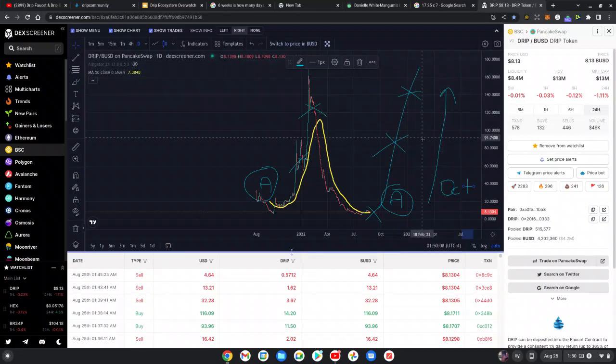He hasn't maxed out his account. I think the only people that are really maxing out their accounts are the people that were whales when they got in Drip. They already had money and they could buy a lot of Drip.